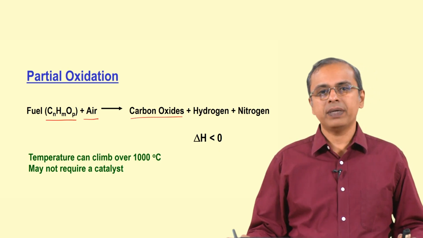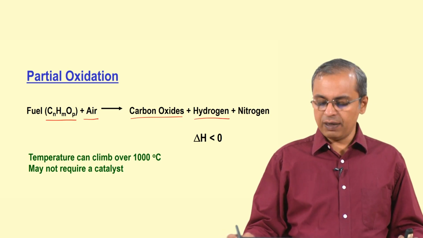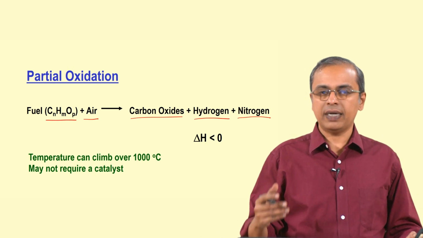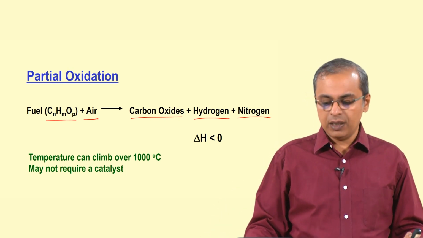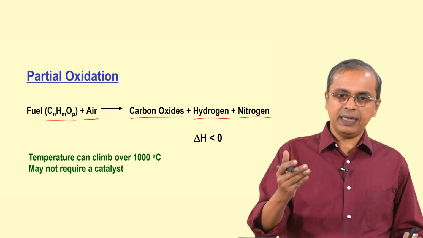You have carbon based oxides, you have hydrogen as an output, and of course you have nitrogen because you started with air, and air is 79% nitrogen. So, you are going to have nitrogen in your stream, right. So, this is the general output that you are going to have, but the difference between say steam reforming and